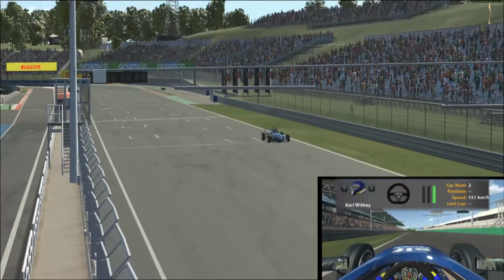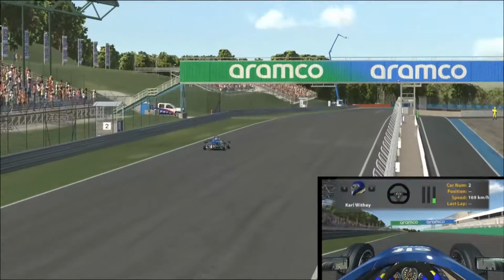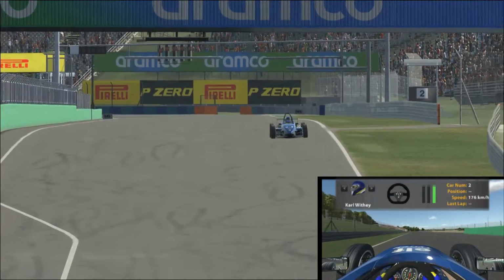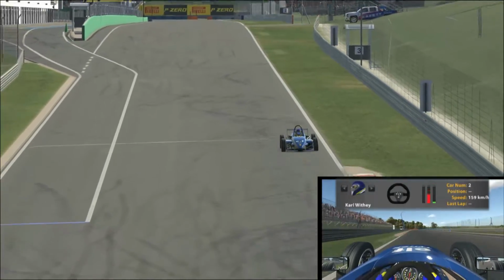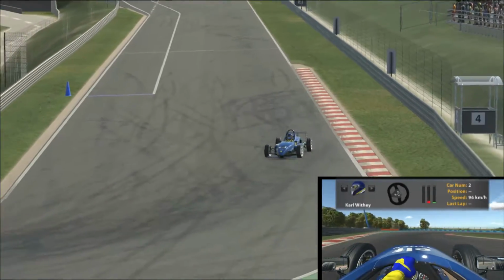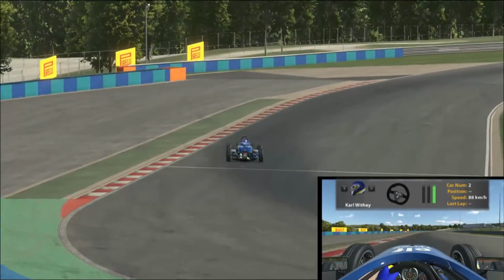in Hungary. The Hungarian GP track where we are racing the Skip Barber for the Sunday Night Lights event. Yes, the famous Hungarian Grand Prix circuit. So we're coming down towards turn 1 at the moment, that tight right-hander downhill. Very tricky little corner. Tricky to get the apex right, and also you've got to be careful not to get